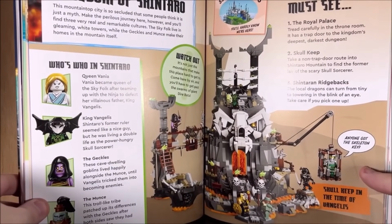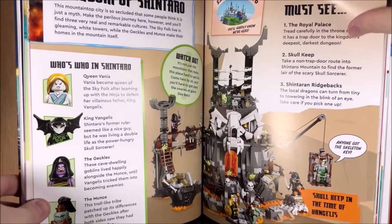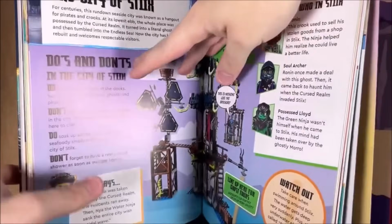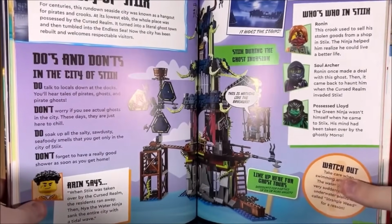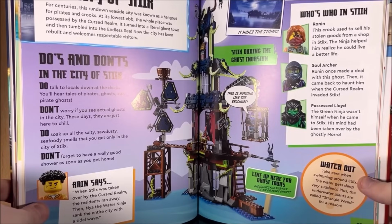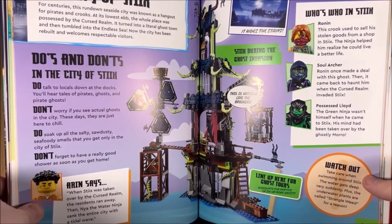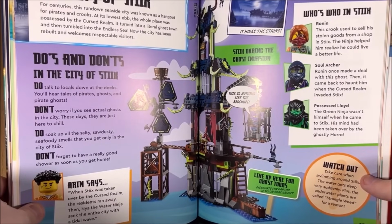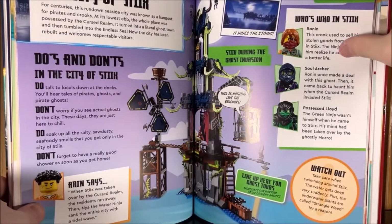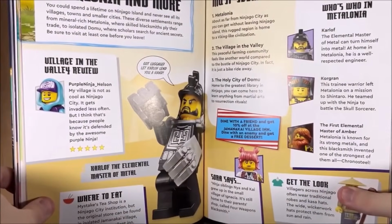hooray for Shintaro. Like I said, a lot of other locations here aside from just merged land stuff and Dragon's Rising stuff. I mean, we haven't seen Shintaro at all since the merge. The City of Styx, so nice throwback there to classic Ninjago. Got some ghost stuff too. Nice little throwback image of the City of Styx set there from way back when. Can you believe that set is about 10 years old now? That's wild. But anyway, moving on to the next page, we have a little section on Metalonia, and this is